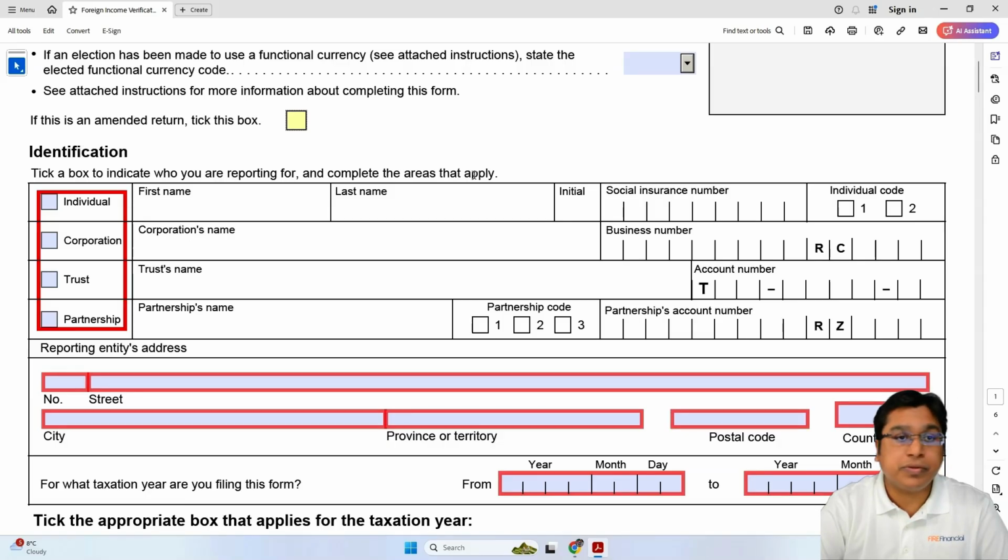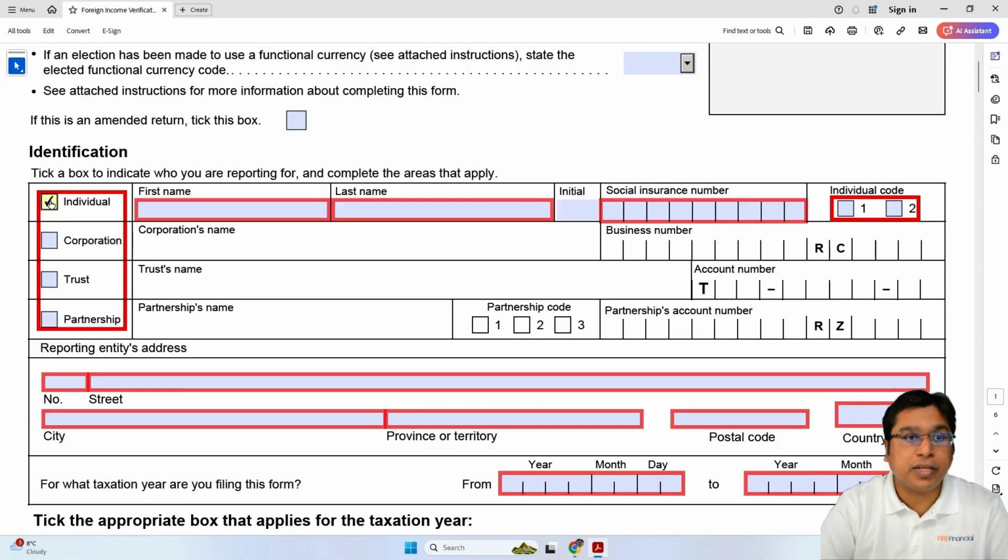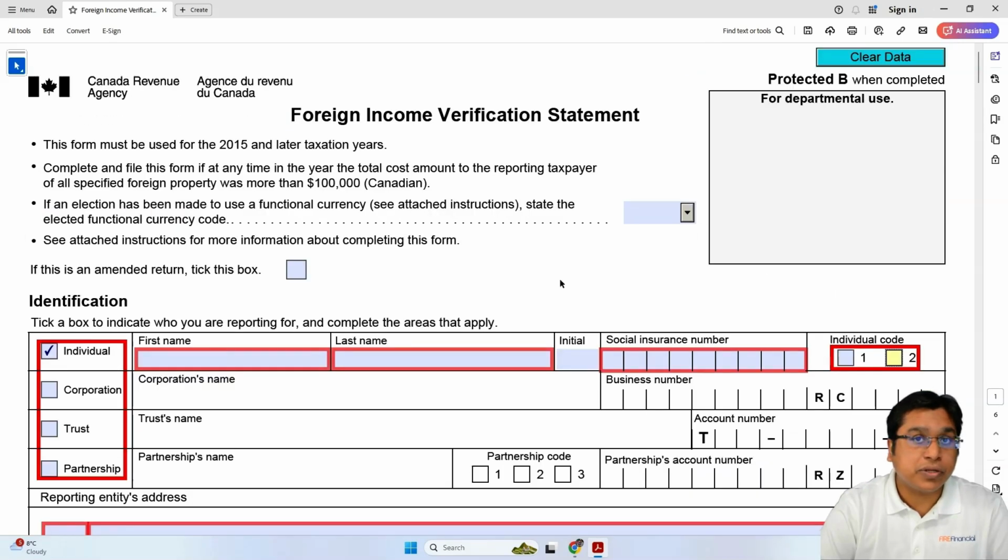For example, if you select individual and you select box 1, the system automatically knows that this reporting has a deadline of June 15th. If I select box 2, then the deadline is April 30th. If I select corporation, then I have to specify the fiscal year of the corporation, which will let the system know that this corporation has a deadline for T1135 based on this fiscal year end.